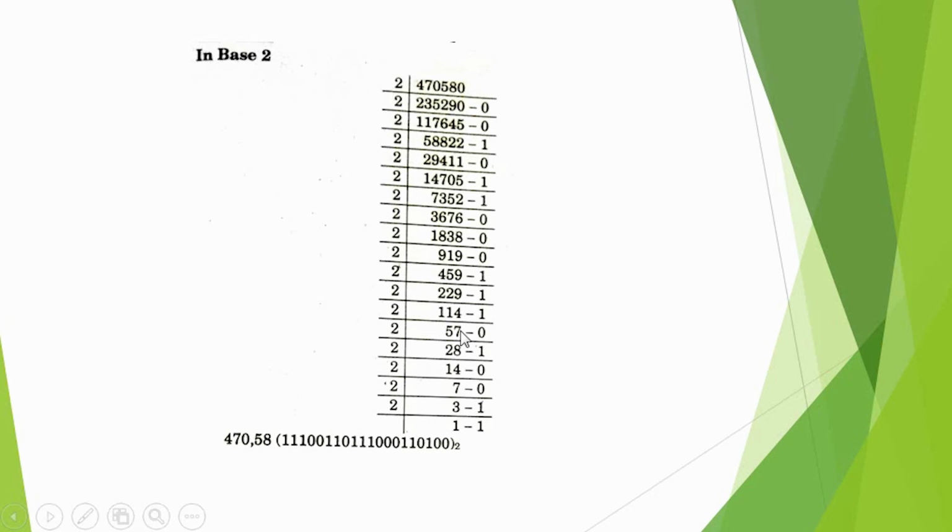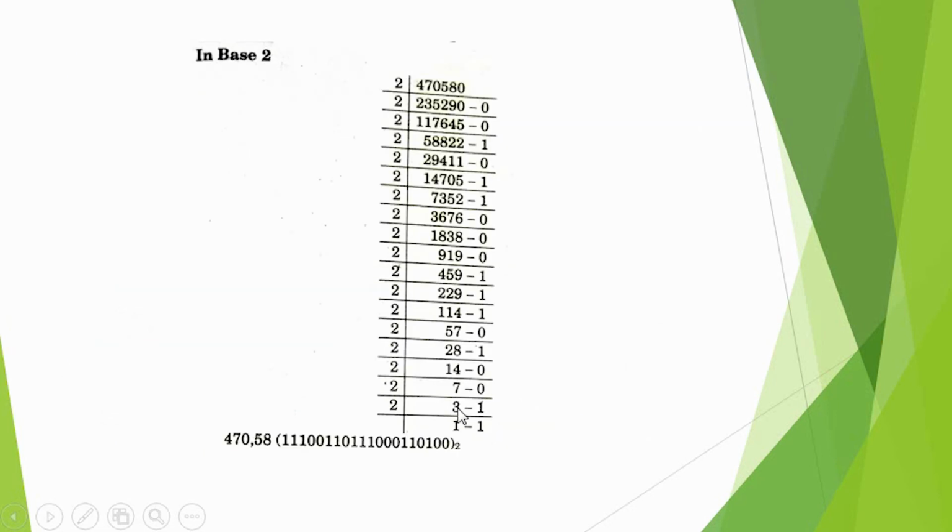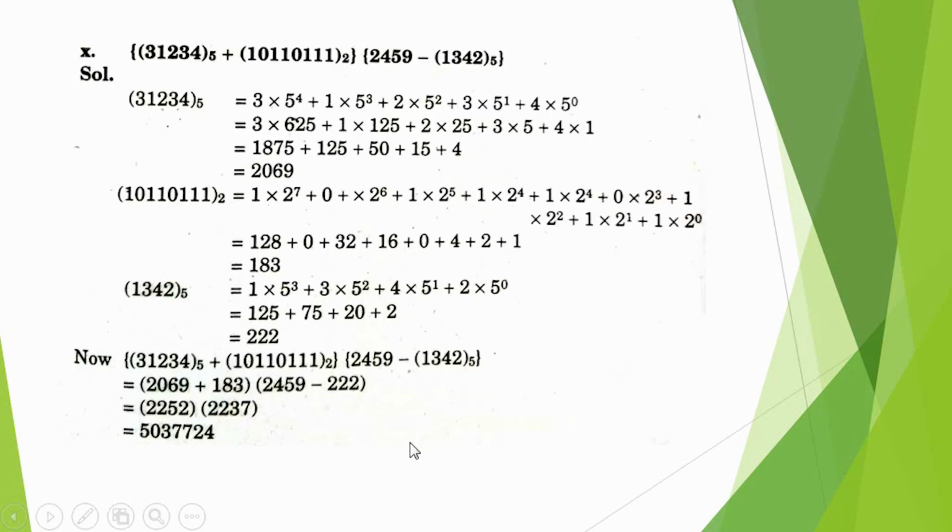2 nines are 18 and 1 becomes carry. 2 ones are 2. 2 fours are 8 and 1 becomes carry. 2 fives are 10. 2 sevens are 14. 0 carry. 2 twos are 4. 2 eights are 16. 1 carry. 2 ones are 2. 2 fours are 8. 0 carry. 2 sevens are 14. 0 carry. 2 threes are 6. 1 carry. 2 ones are 2 and 1 carry. Now we add these numbers in the binary number.